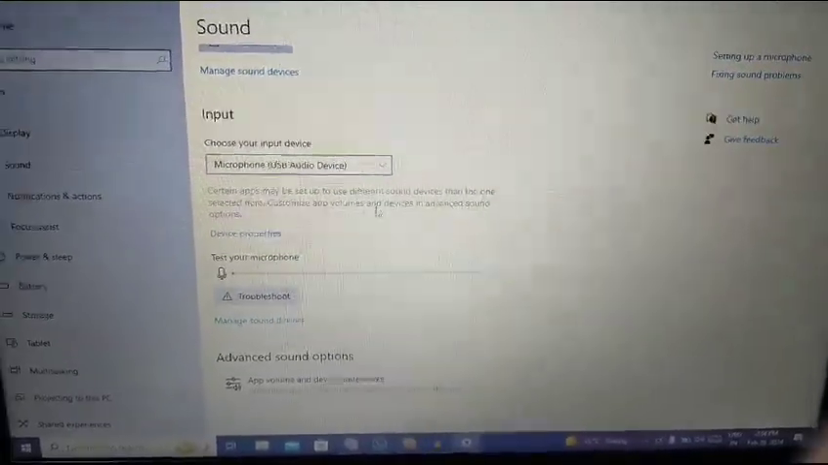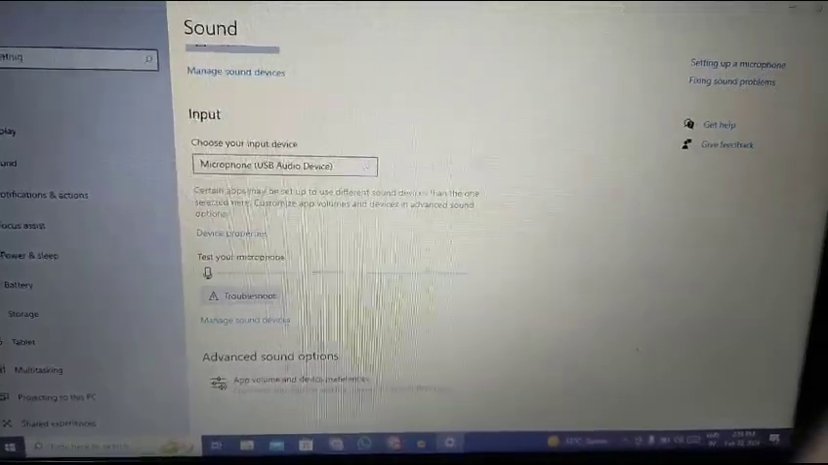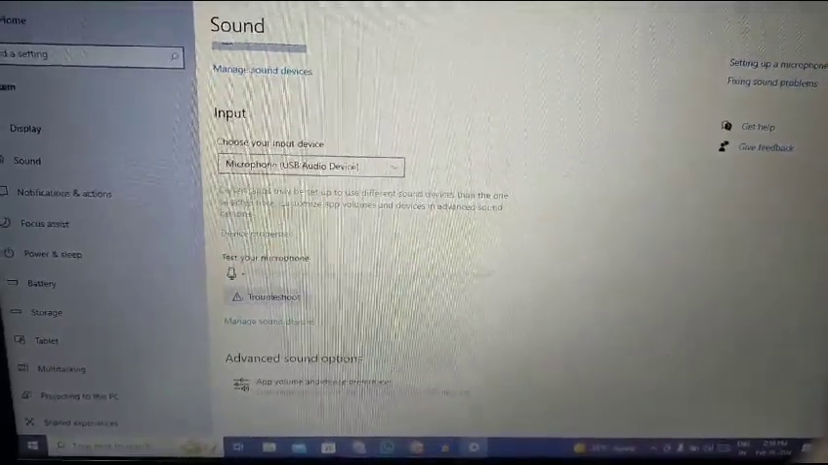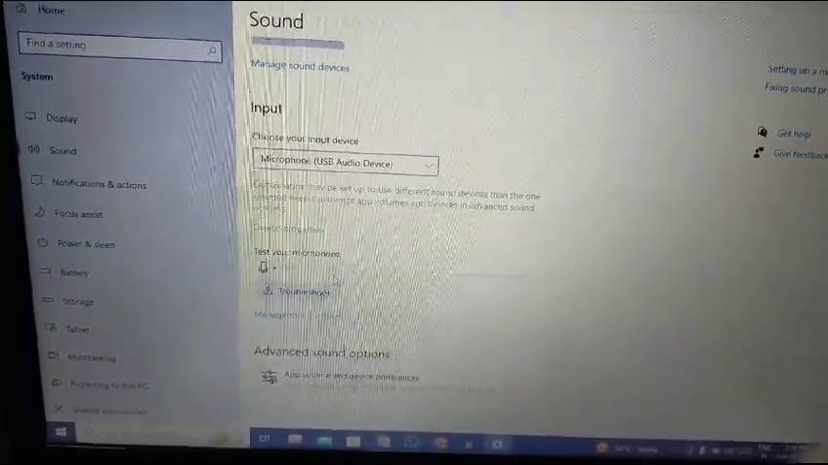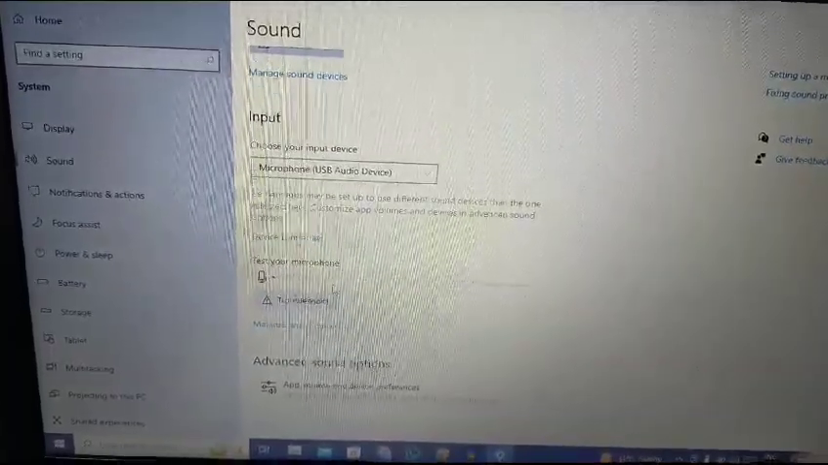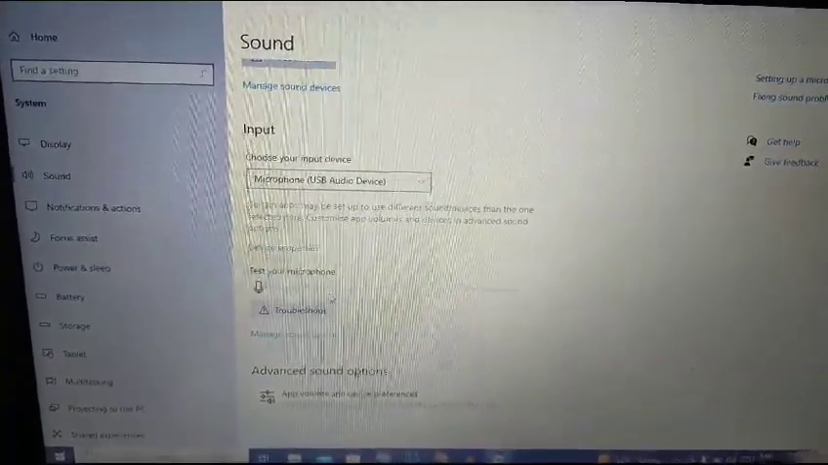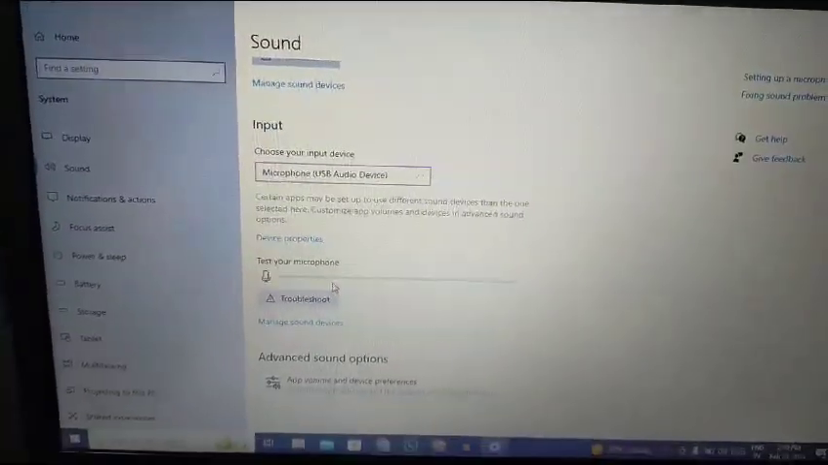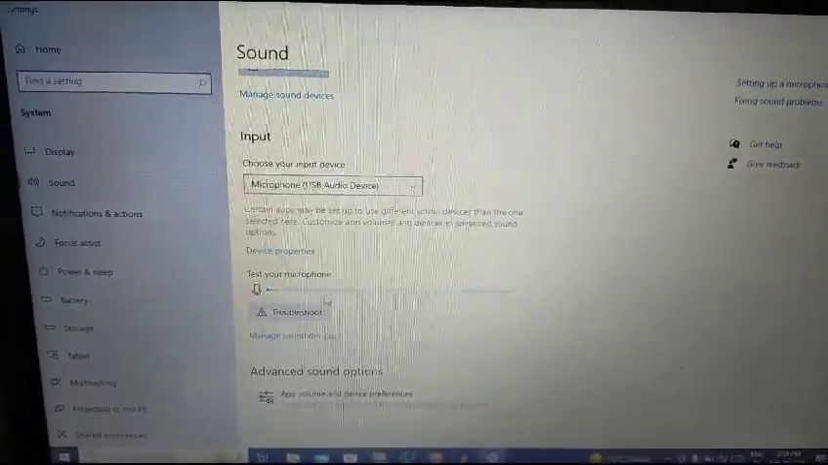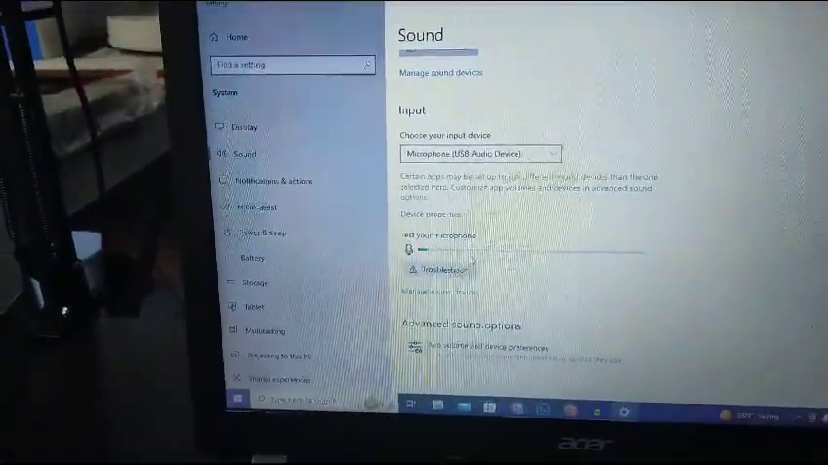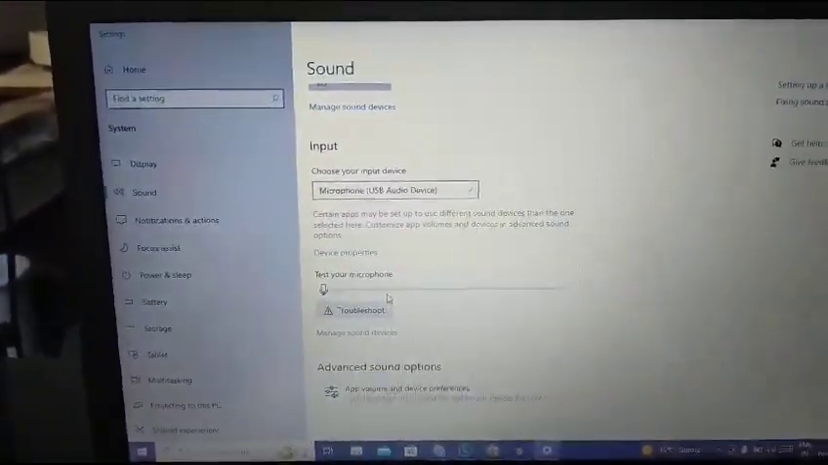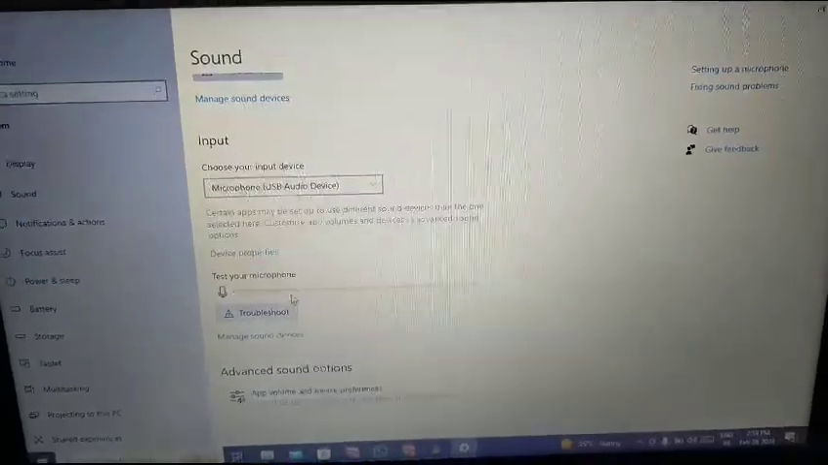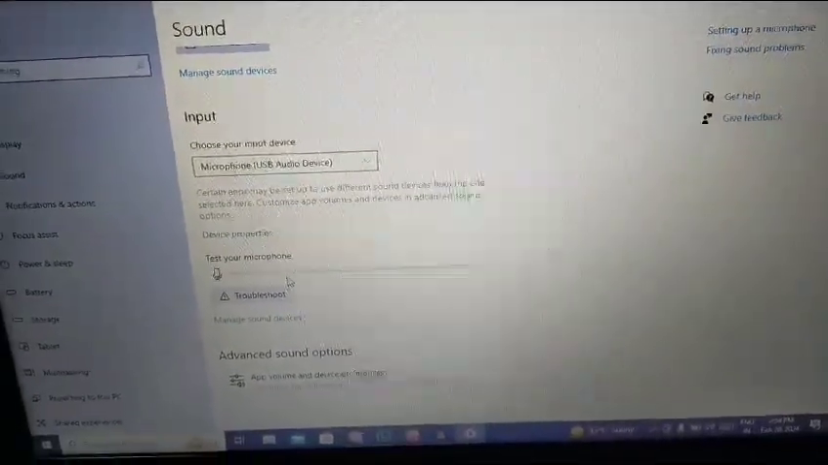Now just below that you have an option here as test your microphone. From here you can directly confirm if your microphone is working or not. If I simply mute myself and tap on the microphone, you should be able to see the fluctuation in the microphone, such as this. So this is how I have tested my microphone and confirmed that it has been connected to the system and